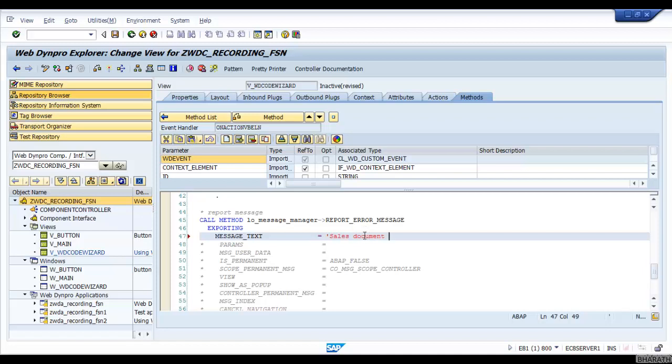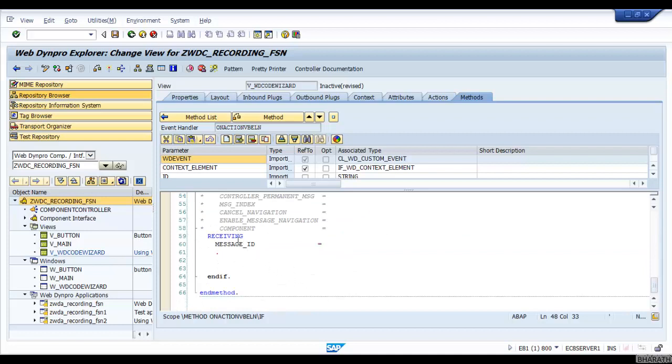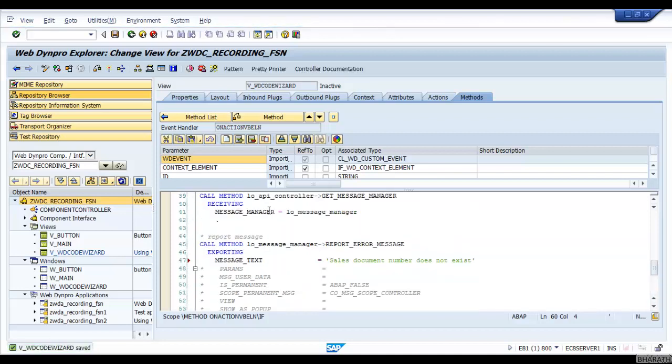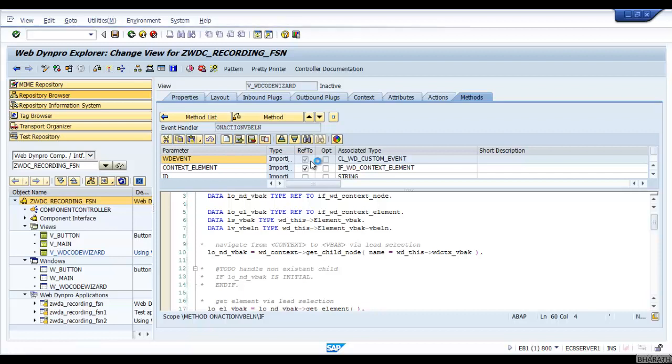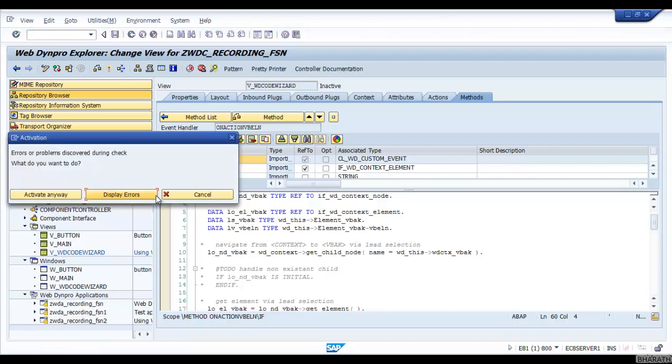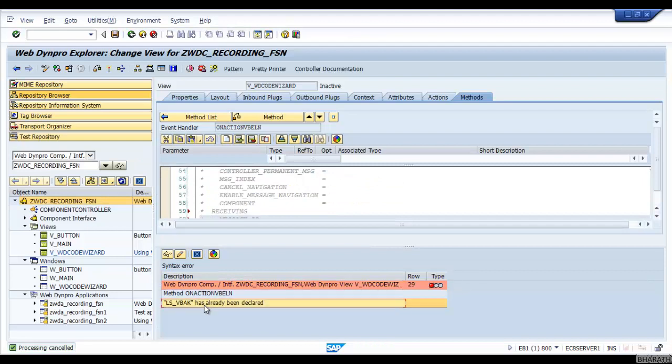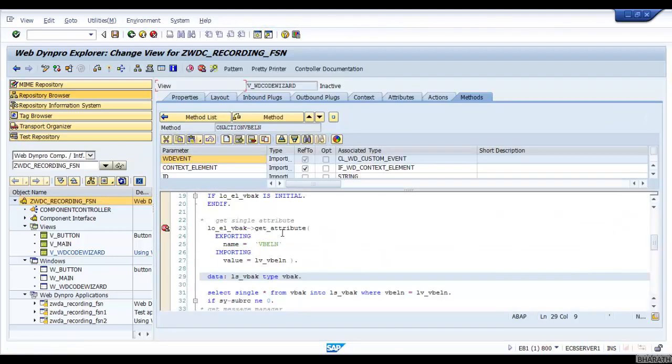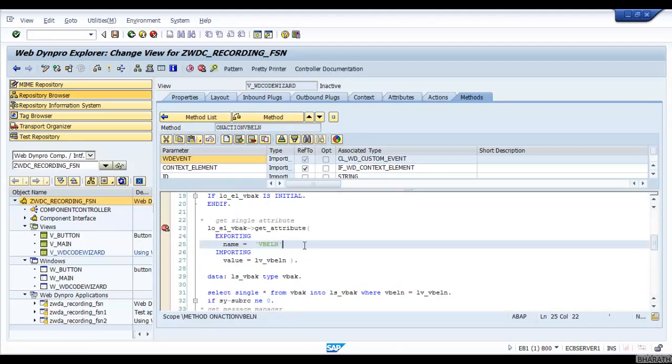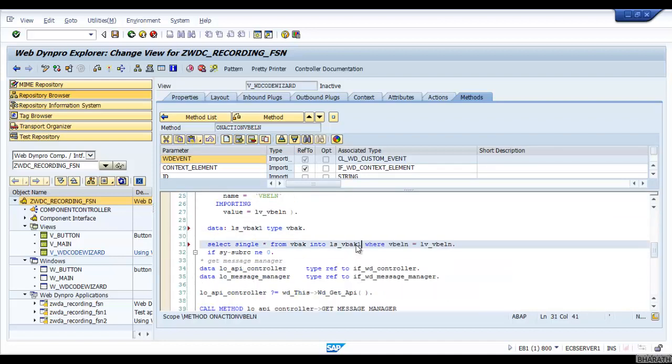Sales document number does not exist. Control S, save and activate it. ls_VBAK has already been declared, so let's say for example VBAK1, and activate it.